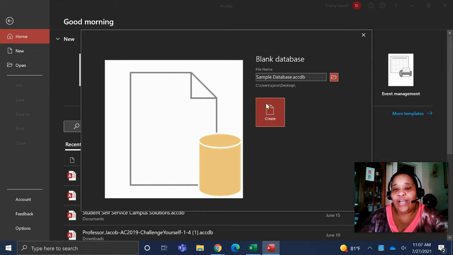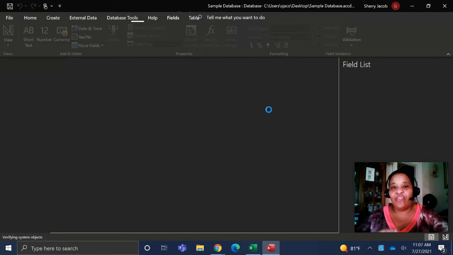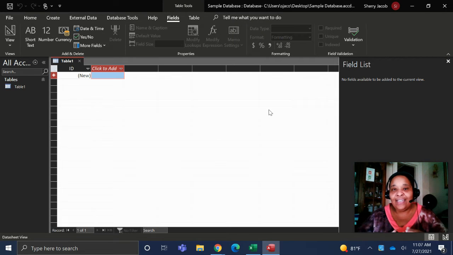Okay, so we click on create here, and it gets us inside of Microsoft Access. And the very first thing that we see, okay, it's blank, but it's table one. This is like document one, presentation one, book one in Excel. Same thing, but it's in Access. And the reason that table comes up first is